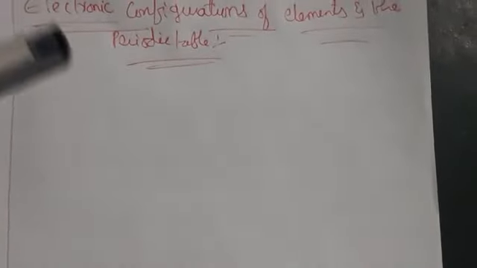In the previous lesson, in the first unit, that is atomic structure, you have learned that an electron in an atom is characterized by the 4 quantum numbers. First, the principal quantum number. So what is the principal quantum number? It defines the main energy level, known as shell, which is indicated by n.